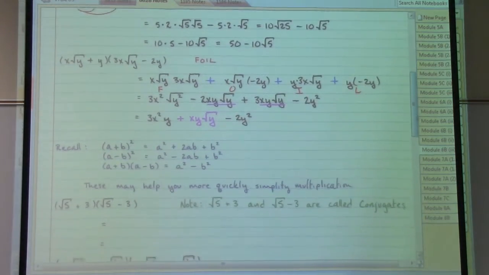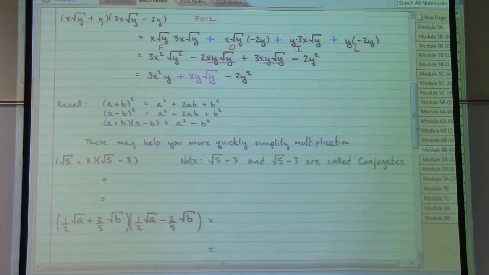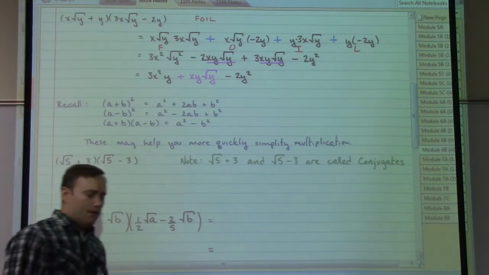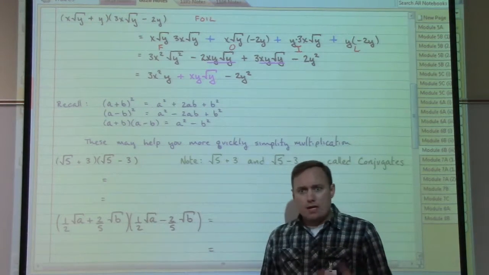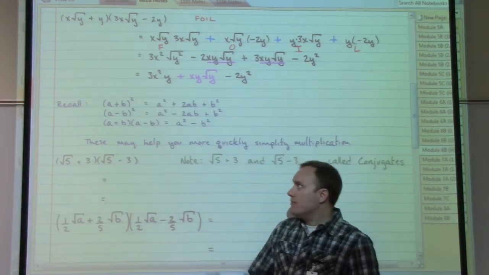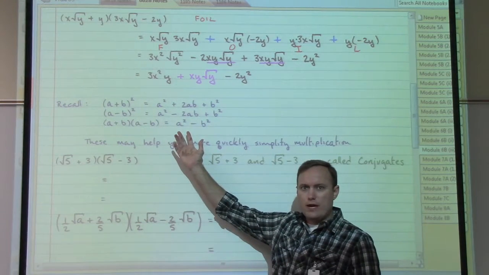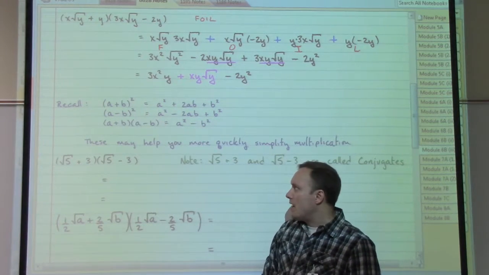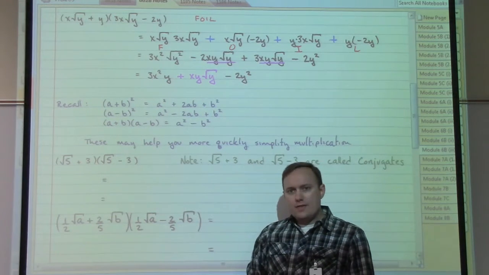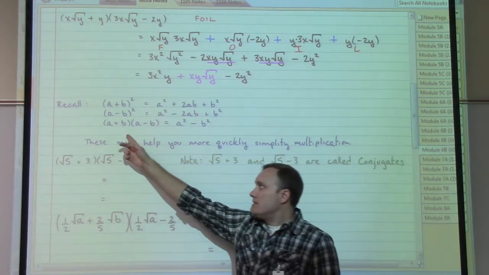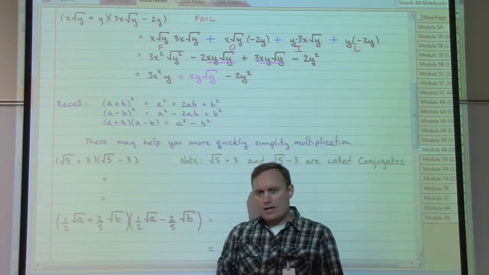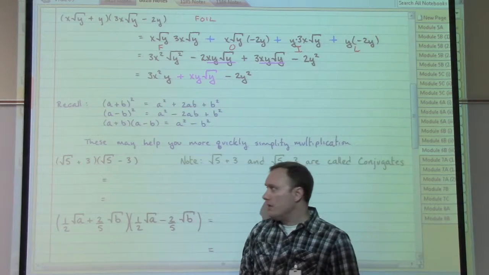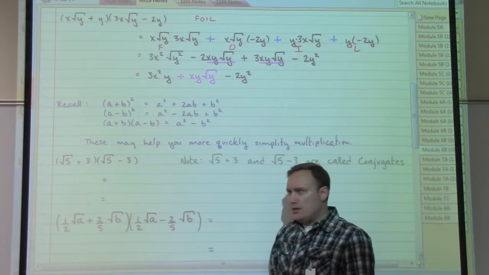We're welcome, as in the past, to continue to use FOIL whenever we can, but we do have those rules that we've mentioned in the past, not just as rules for multiplying, but a slightly different arrangement gives us rules for factoring as well. One of these is particularly helpful, and it's this third one, the one that we've seen before that connects to the difference of squares factoring formula. And this is special because of that whole